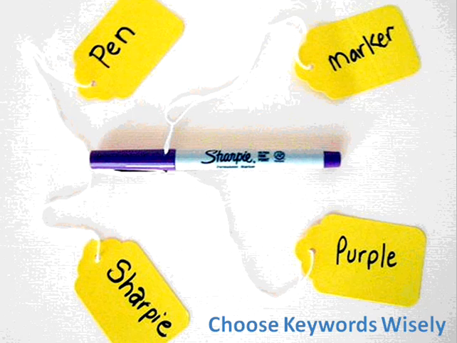We discussed this in last week's webinar a little bit, and we talked about search engine optimization. But the big trick here is to always try to think like a job seeker and use the keywords that they would use to find your position. So would you search for a marker, or would you search for a purple Sharpie? You probably would search for pen. So just always try and think, if you were looking for what it is you're selling, your job, what is it that you would look for?